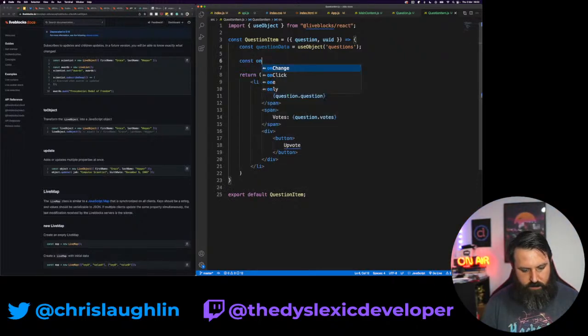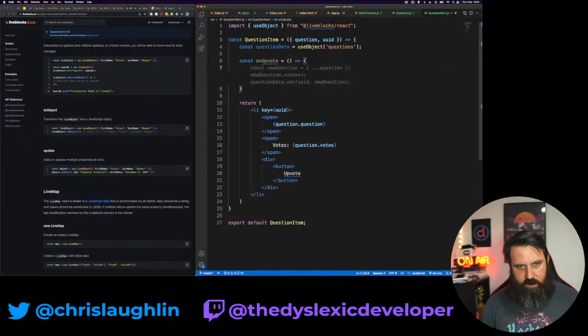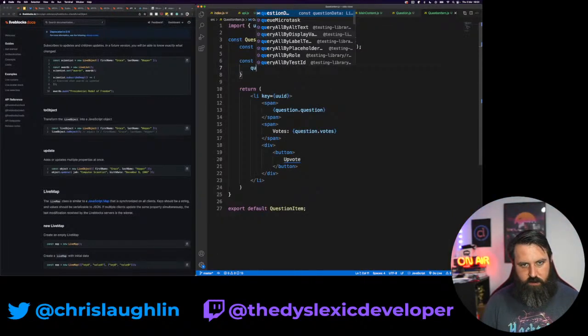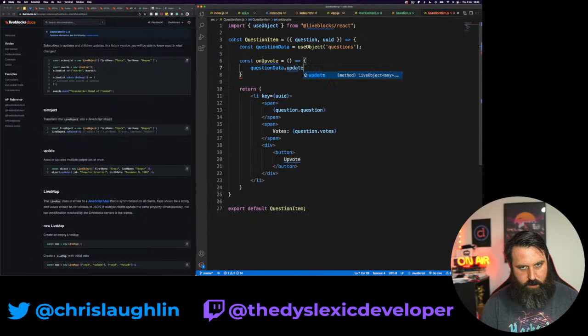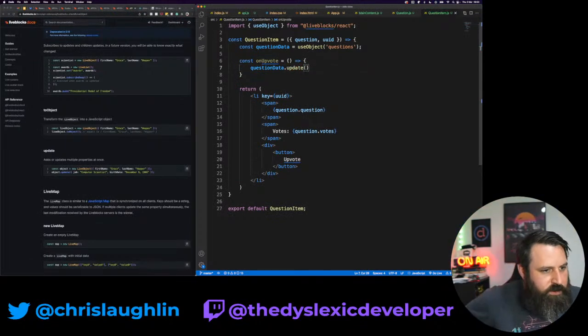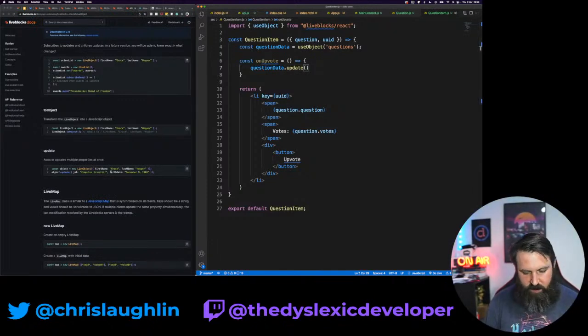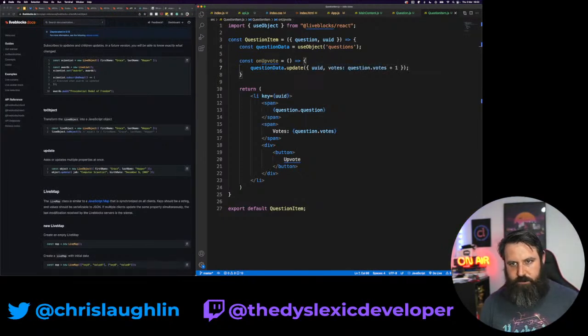So then we can say const onUpvote. We know what the question data is, we just need to increase the votes. So we can say question data dot update. Update takes an object of what we want to update, so we can update multiple keys. So for us it's going to be UID, votes plus one.